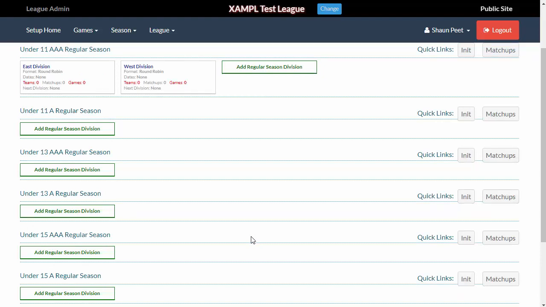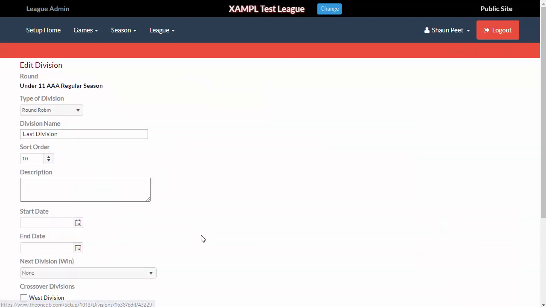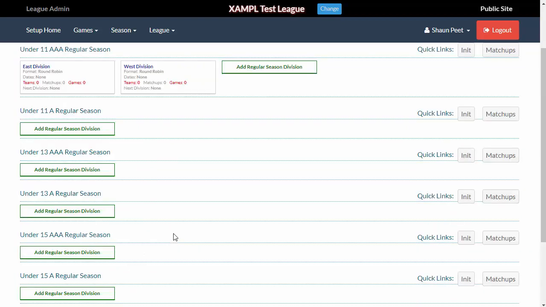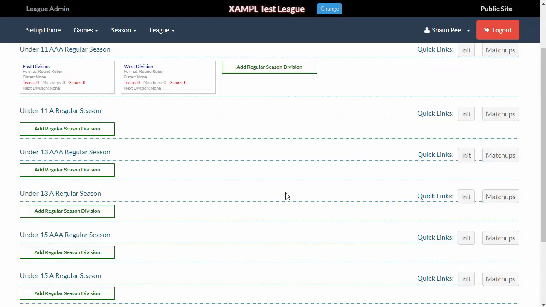In addition, once divisions are created, if there's going to be crossover play between those divisions, we actually have to tell the system that. So we click on the East Division and say that it crosses over with the West Division. Save that, and then for the West Division, that we're going to cross over with the East Division. This will just make sure that when games are played between teams in alternate divisions, that the standings are updated